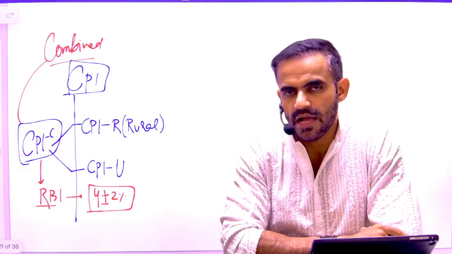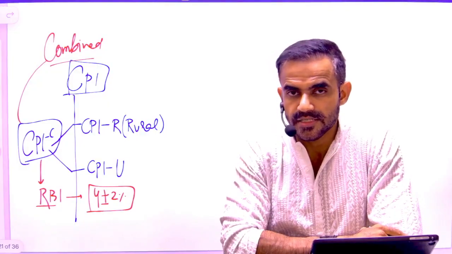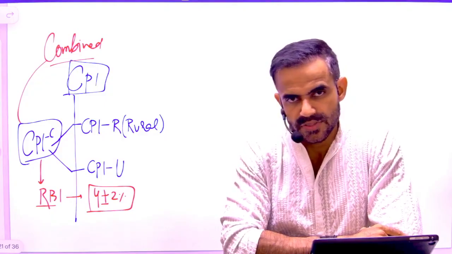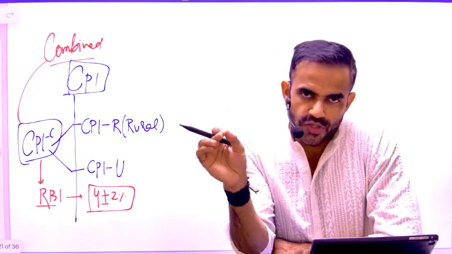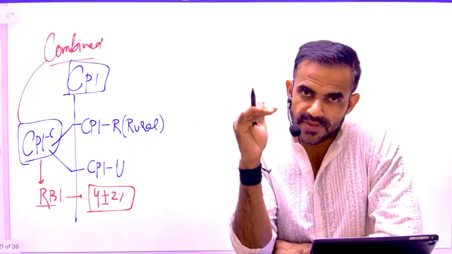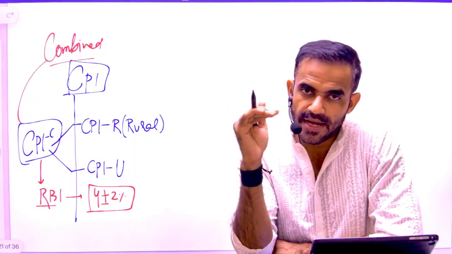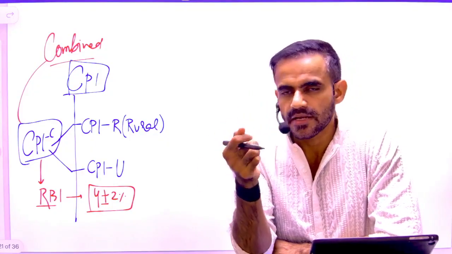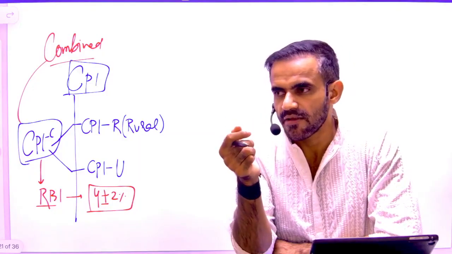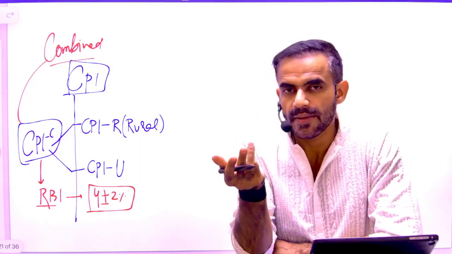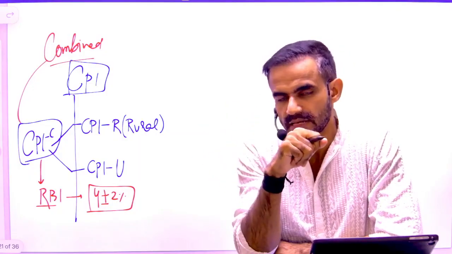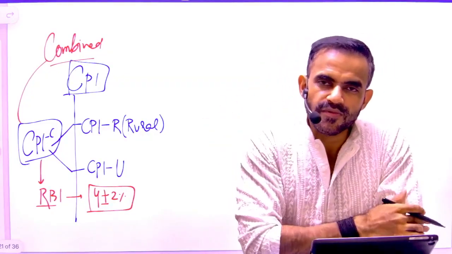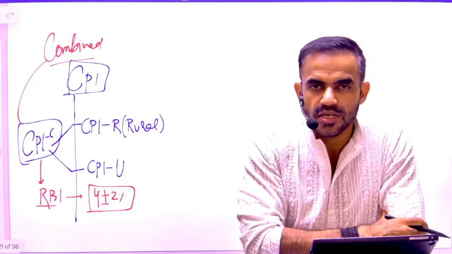If inflation is too high, that means the prices are increasing at a very high speed and the people will not be able to afford the items. So inflation needs to be moderate. Let's say the price of milk suddenly increases to, let's say, 500 rupees per liter. What will happen? The common man will not be able to buy the milk. But if the price of milk is the same since, let's say, the last 10 years, what will happen? It shows that demand is not increasing.